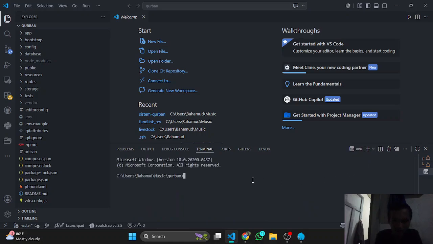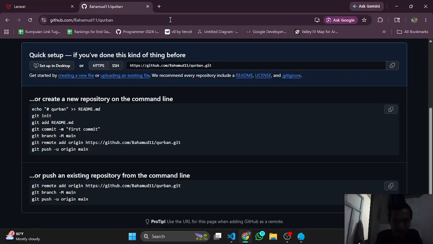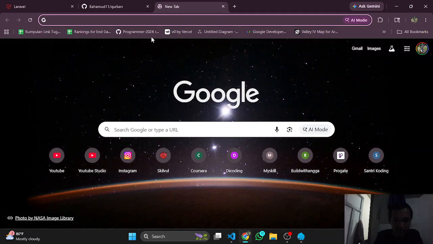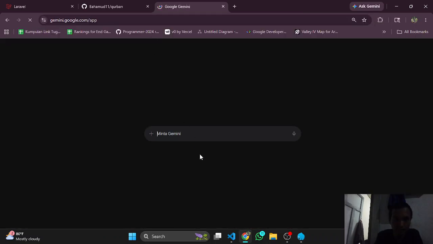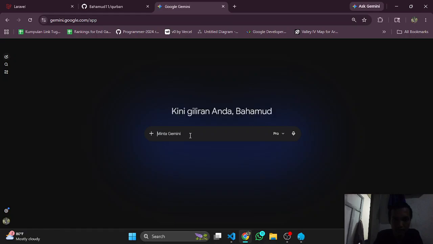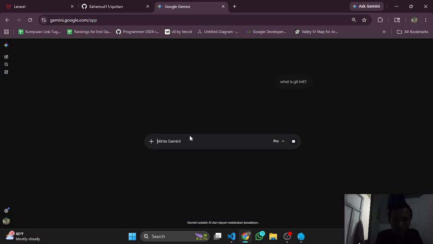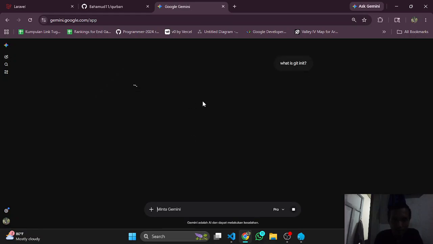Let's type git init. Git init is basically, let's search it.